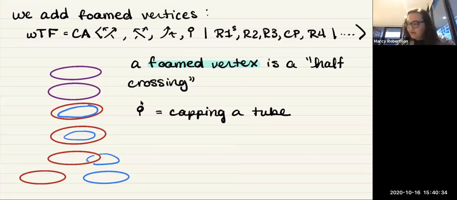And a question for the audience, if anyone knows: I've seen the notion of foams, in extensive Googling, arise in the context of categorified homology, but I don't know if these are the same foams. So if this looks even remotely familiar, let's chat. So what is a foamed vertex? It's kind of a half crossing. So in our embedded surfaces,